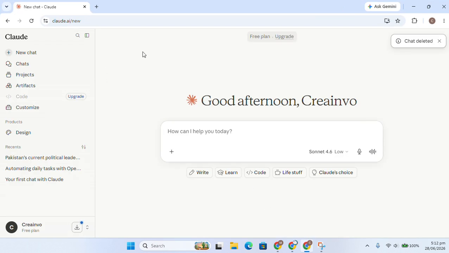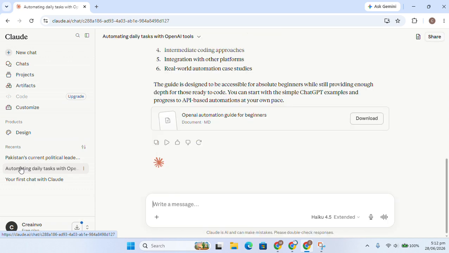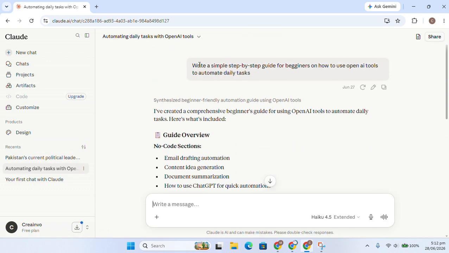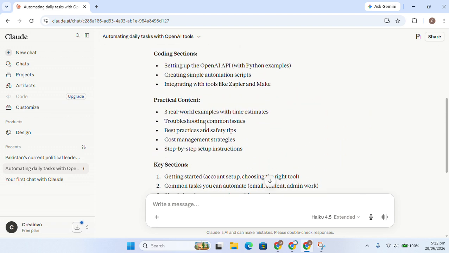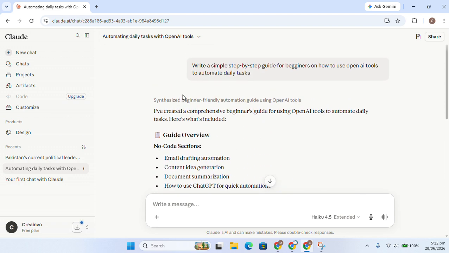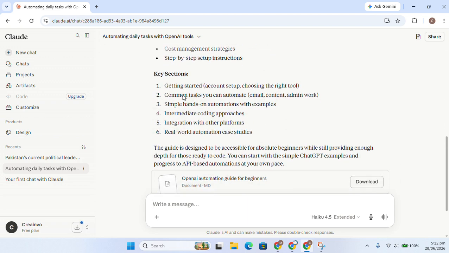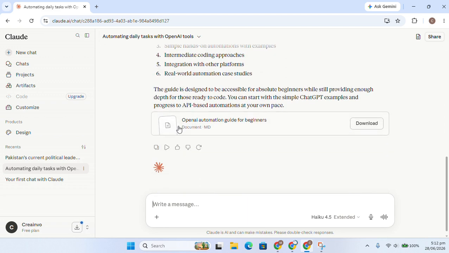You just have to simply open your browser and go to Claude AI. Now you can open one of your recent conversations. You can also try to create a new chat or a new conversation here. So if Claude gives you a response and you want to give feedback on it, you will see these two buttons